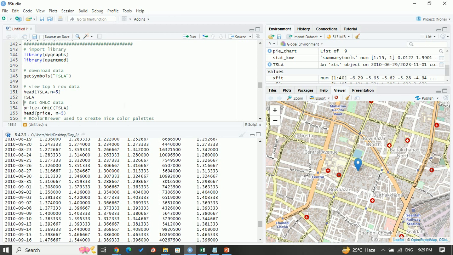Another question may come to your mind: how does TSLA automatically come on my R interface? This TSLA is inbuilt. Yes, this TSLA data is inbuilt in the quantmod package. Okay, the person who made the quantmod package for time trend analysis already kept an example data, that is TSLA. If you have no example data for practicing, then you can use the TSLA